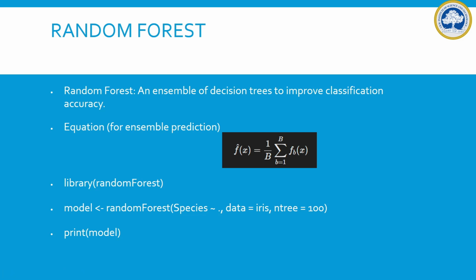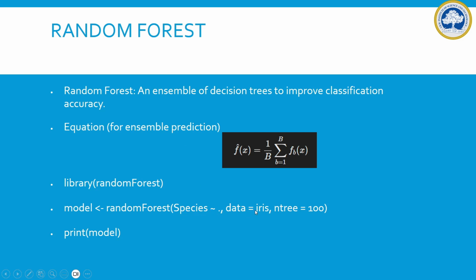Under the R environment, the random forest model is available under a library called randomForest. We can load that library by using the library command. Then you can use the randomForest function to develop a random forest model. So what we are doing here, we are constructing a random forest to classify the species type as a function of all columns. This dot says to take all columns and perform the classification on species on the data set